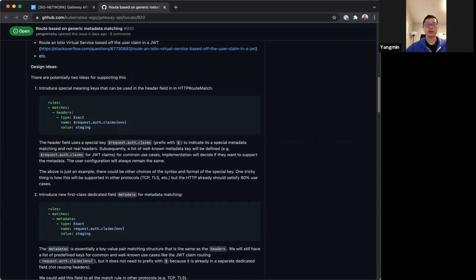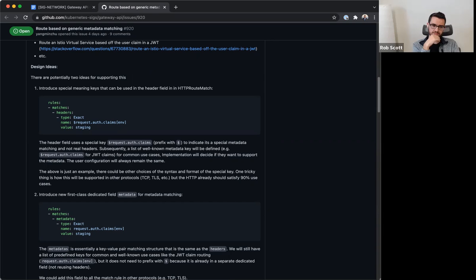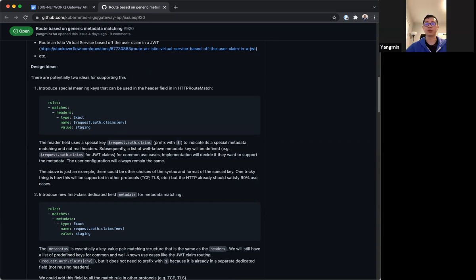A little bit more about this: even though the immediate user request we have seen is for this JOT claim matching, I imagine it will be needed for other types of metadata that are not in the format of a JOT token, and may have some other formats.